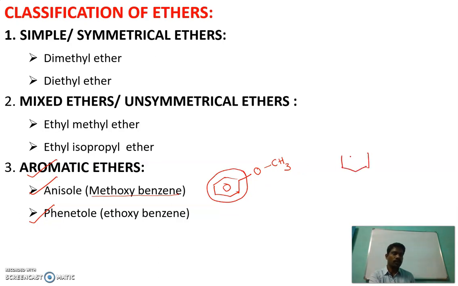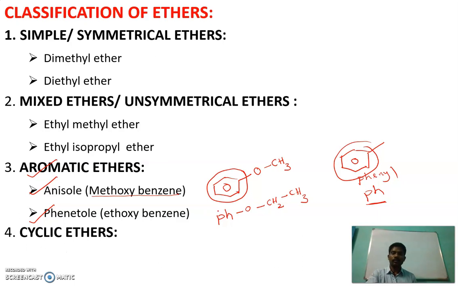So from now onwards, this is a benzene ring. If you remove one hydrogen from benzene, that benzene becomes phenyl. So from now onwards, the phenyl group, I am going to write as Ph. Instead of writing the benzene again and again, we can simplify that benzene ring as Ph. Next, phenetole. Phenetole is nothing but ethoxybenzene. This is the structure for ethoxybenzene, which is also called phenetole.